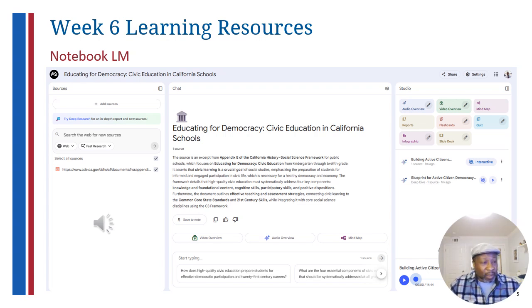So speaking of Appendix E, since there is a lot of information there, I want to introduce you to a tool if you haven't used it yet. This tool is Notebook LM. It's an AI-powered research and note-taking tool that uses a language model, LM, to help you work with your own documents or other documents that you upload. So the AI is tuned not just to general knowledge, but to the specific content that you upload. So it's not scouring the web, it's really taking a look at the piece that you upload, and it can do a lot of different things with this.